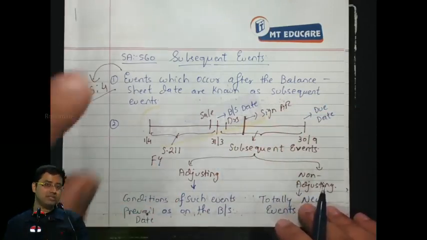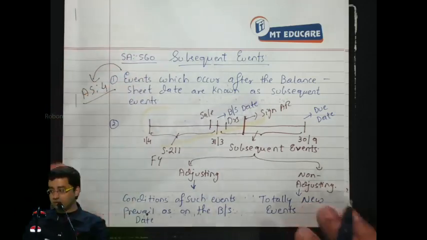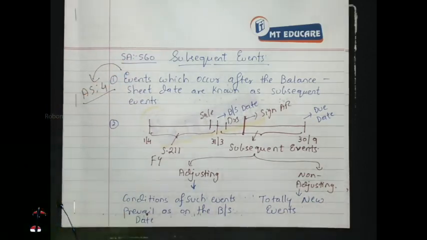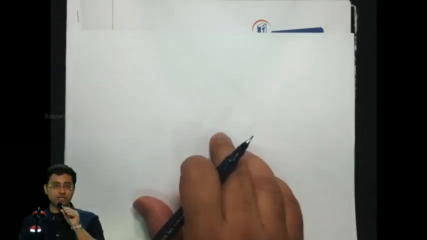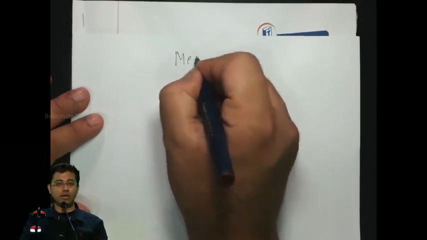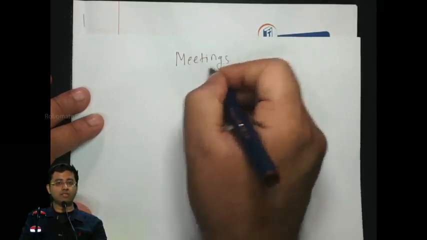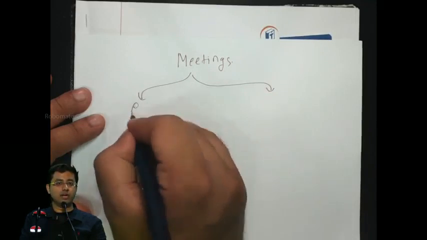To teach you this standard, first I have to take you to the Companies Act and teach you some points from it. That is why there is a simple diagram which I am drawing. I'll just show you how it works. First and foremost, you must all know that in company law there are two important types of meetings. Actually there are four types of meetings, but for us the important ones are only two. They are classified into general meetings,